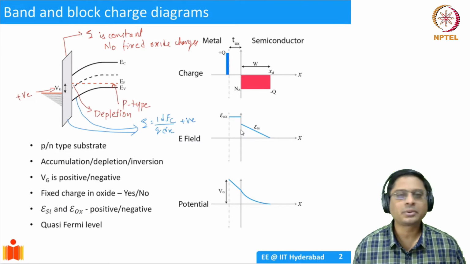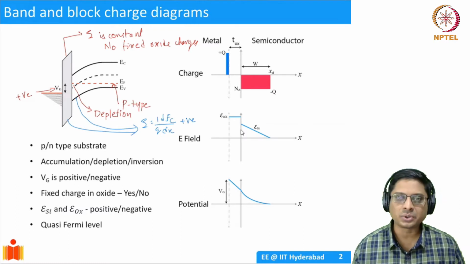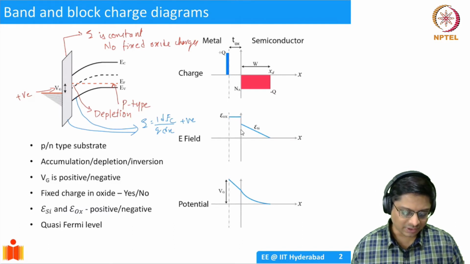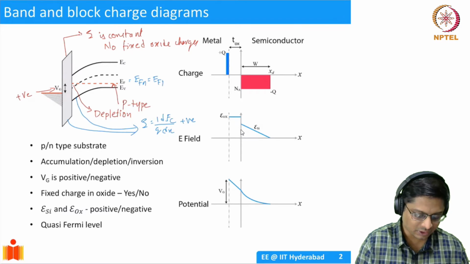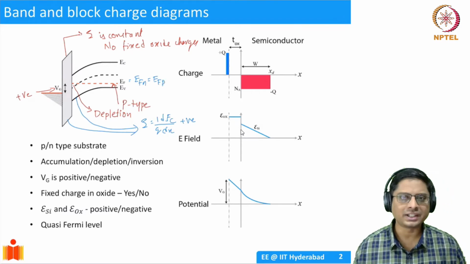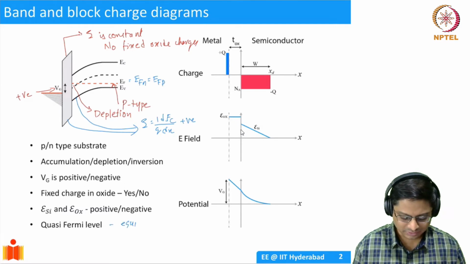Okay. And is this system in equilibrium or non-equilibrium? Well, we have not explicitly shown any quasi-Fermi levels. So it looks like it's in equilibrium, not in non-equilibrium. So whenever you have EF equal to EFN equal to EFP, where EFN and EFP are the quasi-Fermi levels and both are coinciding at EF, then it is basically an equilibrium situation. So this will tell you that it's an equilibrium situation. Okay.